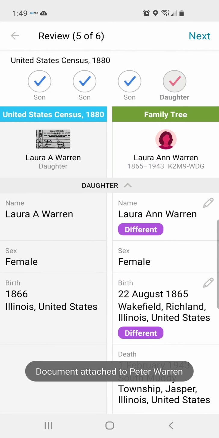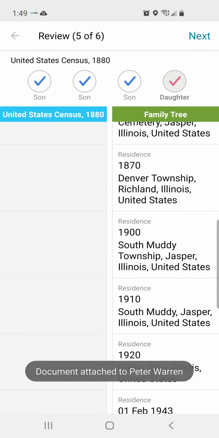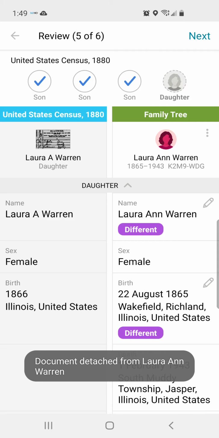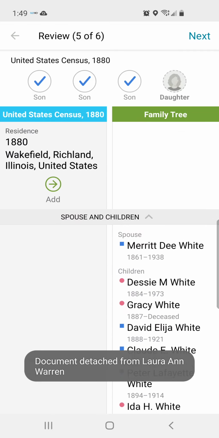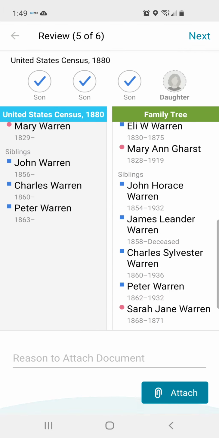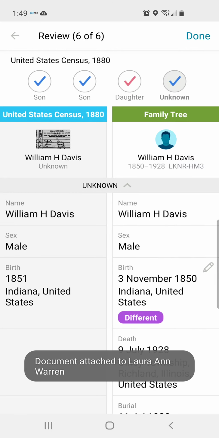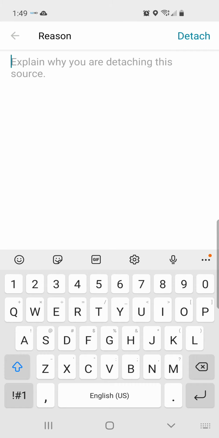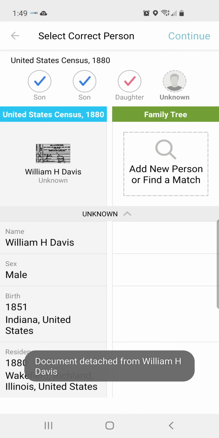Okay, what do we got? There's Laura Ann. So this is high genealogy. This is very simple high genealogy. Anybody can do this. I'm doing this on my phone with the app, so it's just super quick. And shoot,